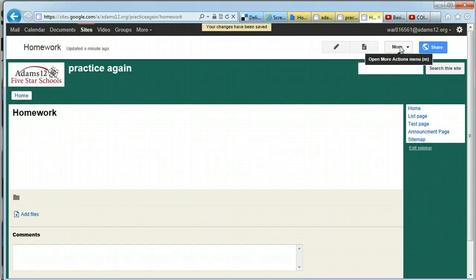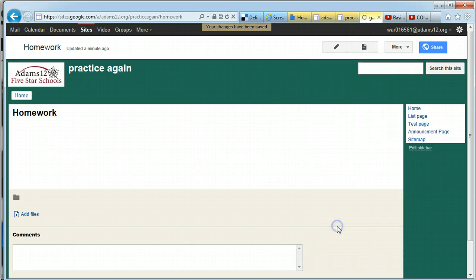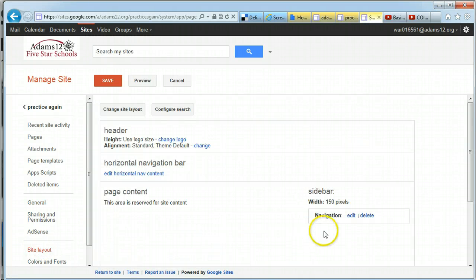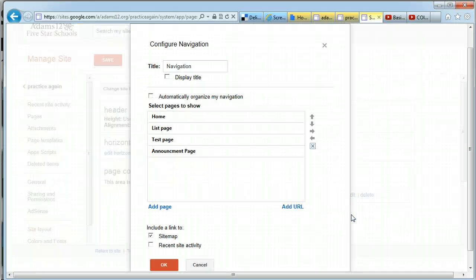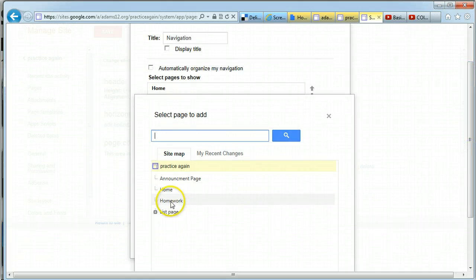If I click on save, I can now go to more actions, go to manage site, and go back to site layout. Like I said, if you turn off automatic navigation, you're going to have to do this. Go into sidebar and pick edit. Here's my navigation. Well, where's my homework page? If you click add page here, you can look for a page. There's my homework page. I can click on it, select my page to add,